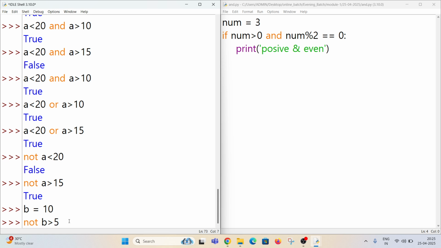Here b is 10, and is 10 greater than 5? Yes, ma'am. Then this condition is true. And not true means